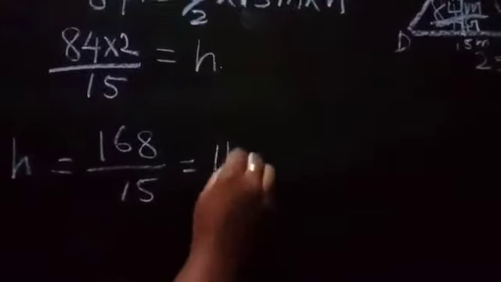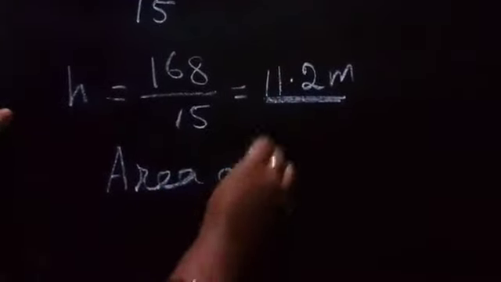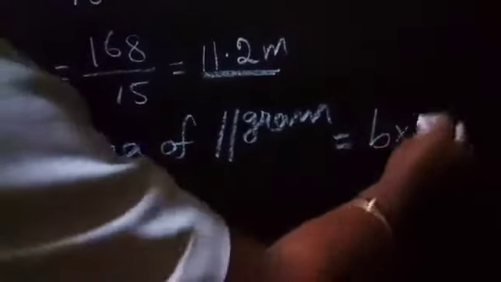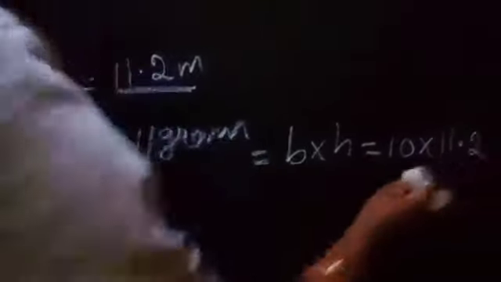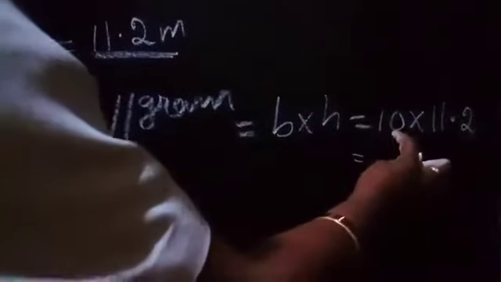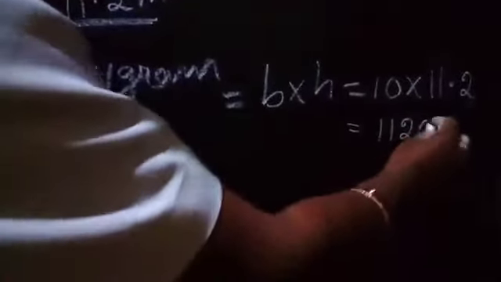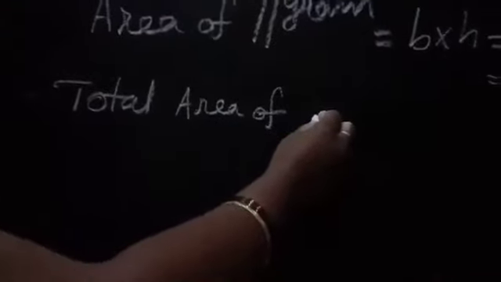Keeping this, we can find the area of parallelogram ABCF. Area of parallelogram is base into height. So here area of parallelogram equal to base into height. What is the base here? We have 10. Height we have got 11.2. So when we multiply by 10, only 0 should be added like this. Then 1 digit before you should keep the point. This much meter square we got it. That is total area of field